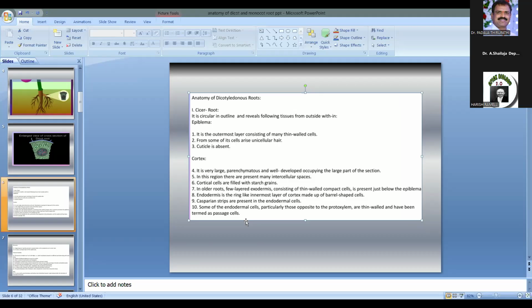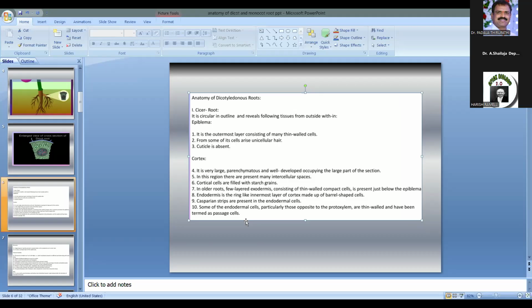Halophyte specialization, already we discussed that in the epidermis some specialized pores are there, called lenticels. And one more thing about the halophytes: in the cortex region, stone cells or sclereids of various shapes are present. Okay, remember this is also a very important point. And the cortical cells in the roots of some dicotyledons, for example Brassica, Pyrus, and Prunus, may develop prominent reticulate or band-like thickenings outside the endodermis.